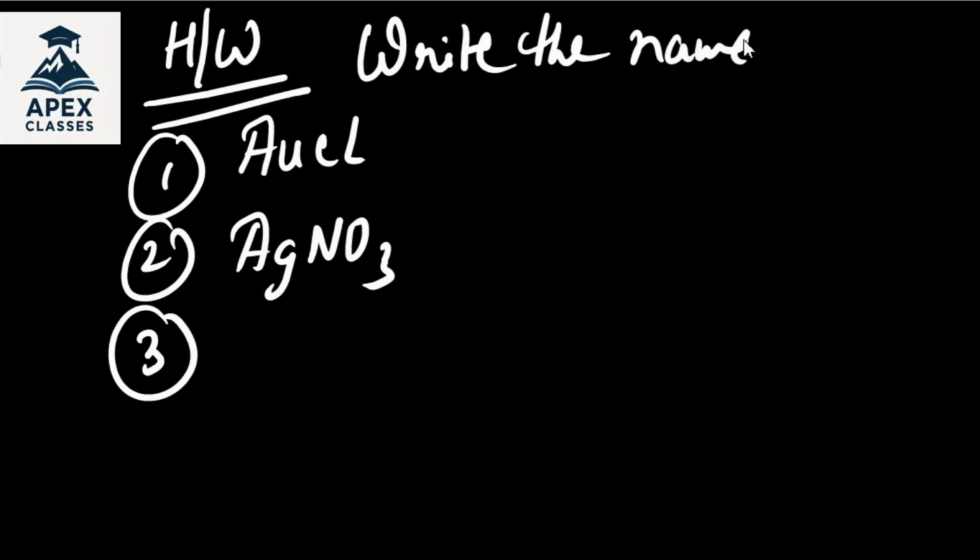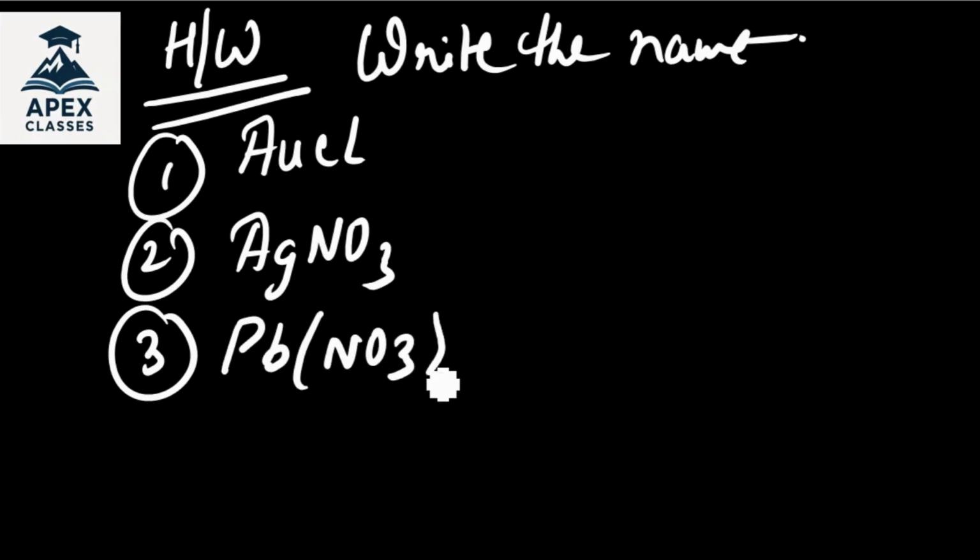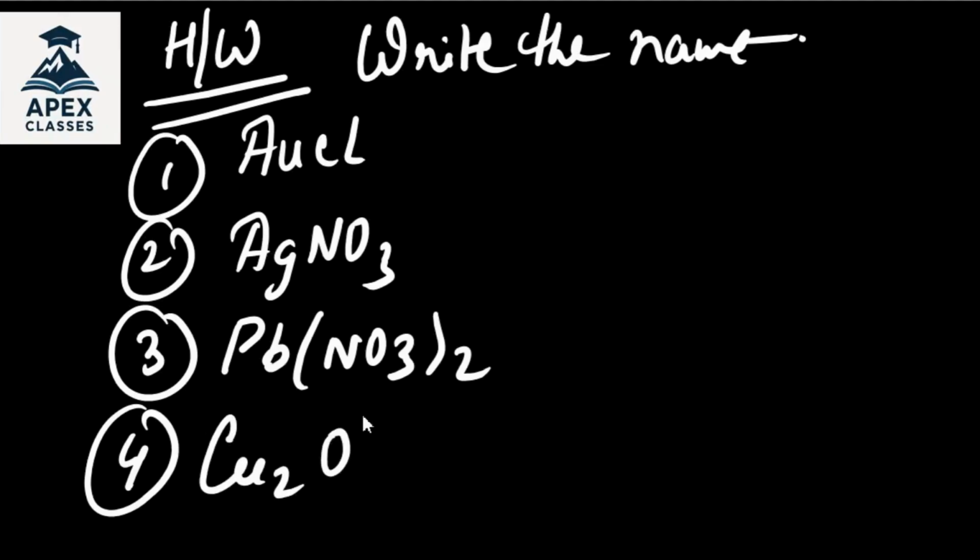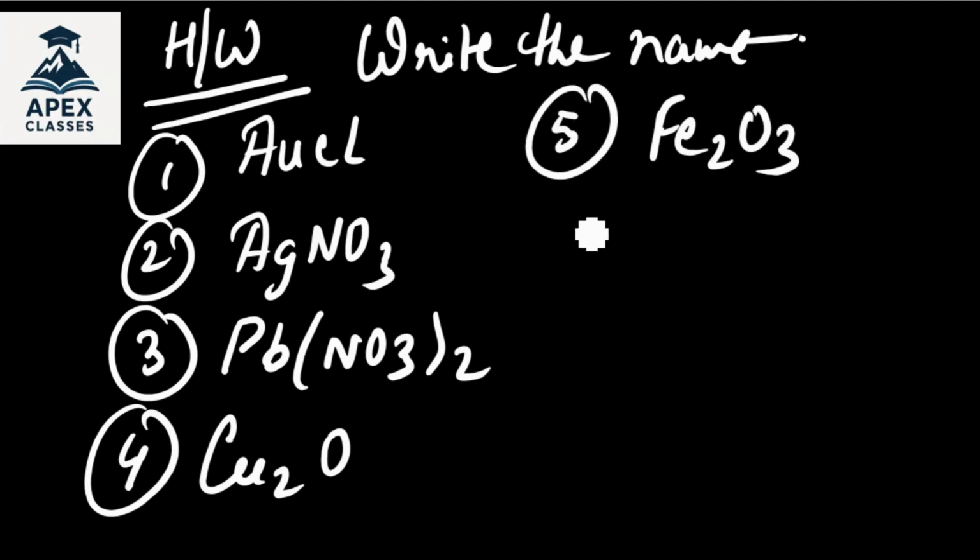First is AuCl, second AgNO3, Pb(NO3)2, Cu2O, Fe2O3, then